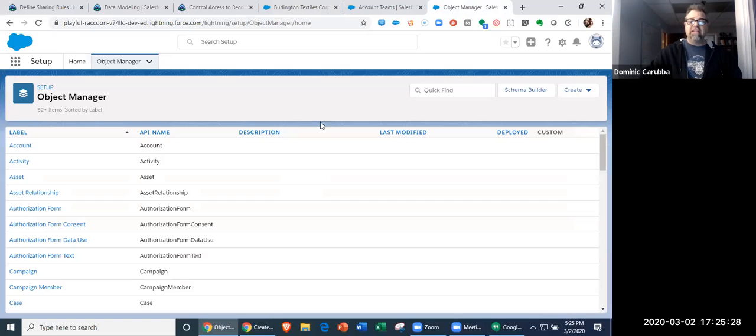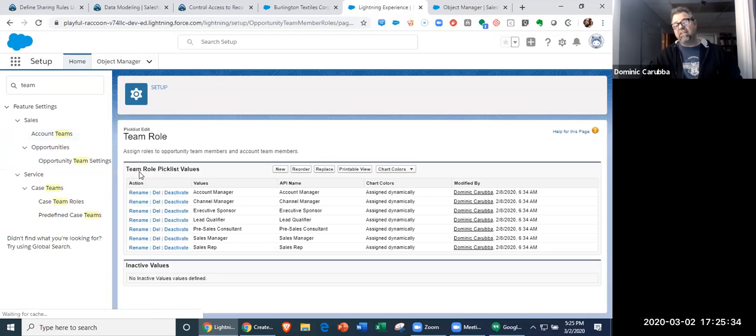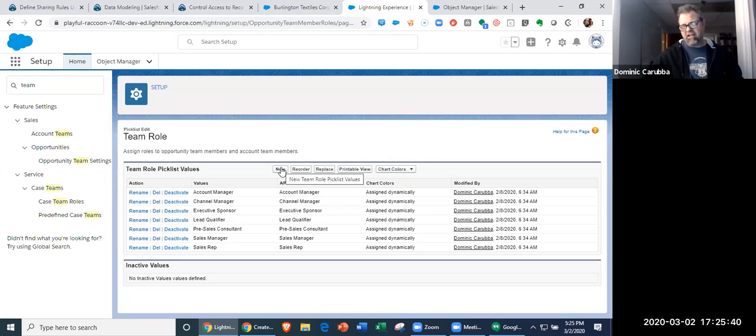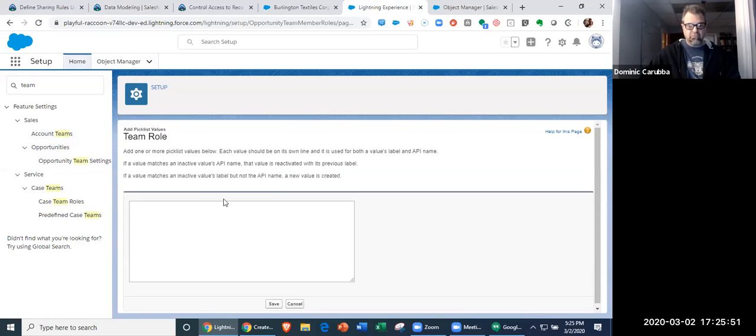So the next thing you have to do is set up the team roles. Those drop-down lists for the roles are right here. So let's say I'm going to click on new. Are y'all here with me right now? So I'm in account teams. I enabled it, and now I'm adjusting the roles. I'm going to add 2 new roles. One of them is dedicated support. And the other is